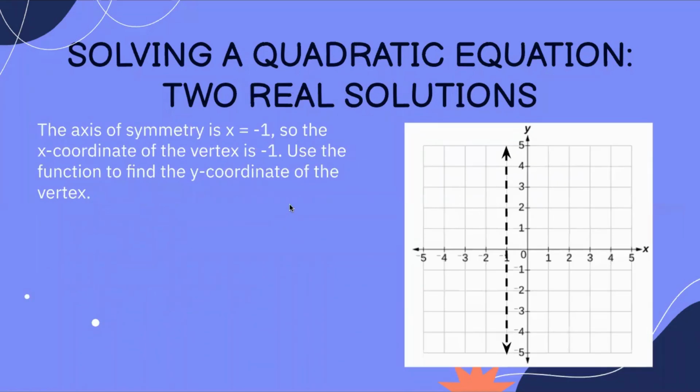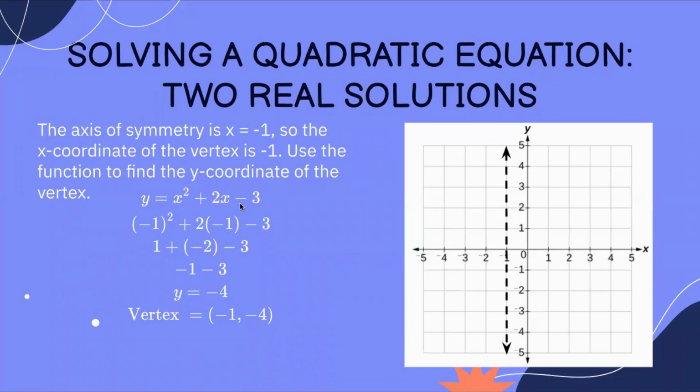Now the axis of symmetry is x equals negative 1. So we know that the x-coordinate of the vertex is also going to be negative 1. So we're going to use the function that we were given to find the y-coordinate of the vertex. Again, your function is y equals x squared plus 2x minus 3. The function is already set to y, so all you have to do is plug in negative 1 for all